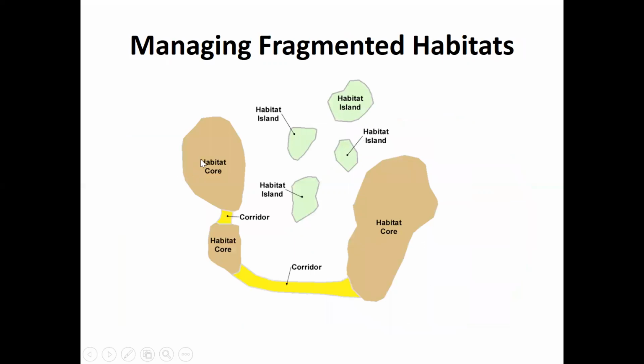Okay, and so a primary way for managers to combat habitat fragmentation is to try to link patches using corridors. The idea is that if there are major habitat patches, especially ones that have good edge to interior ratios and are larger, and you can connect those with corridors that allow animals to move through them in a high quality corridor habitat, this should fix some of these problems, specifically those related to isolation between patches. So you'll be exploring the potential for using corridors in the rest of this